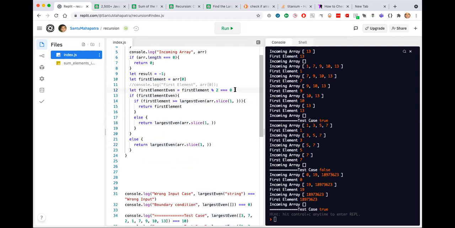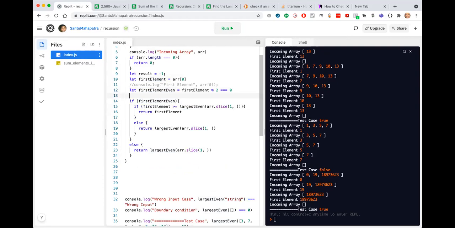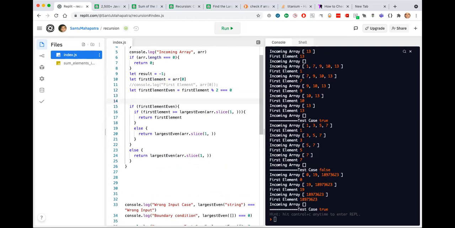So we can make this code a lot shorter and more correct. So I'm getting the result of sliced array.